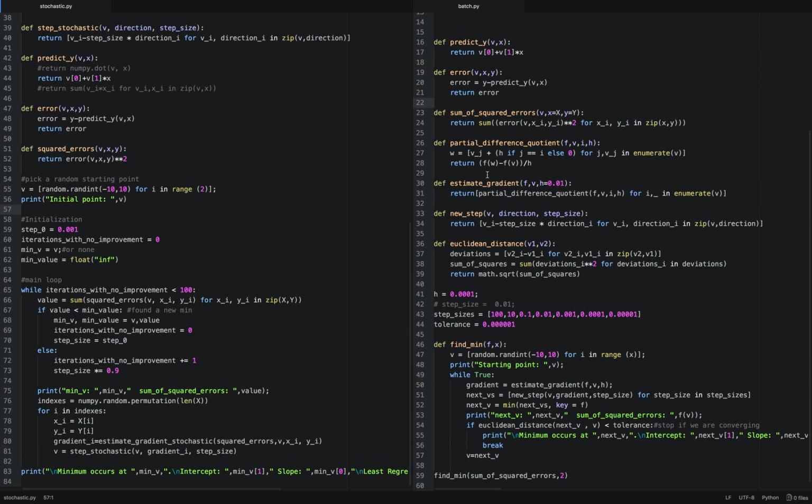For the implementation of batch gradient descent, the code is almost the same, but the only difference was that I took a list of step sizes instead of a fixed step size. And for the implementation of stochastic gradient descent, I first randomly picked a starting point and initialized the step size, mean values, and the number of iterations